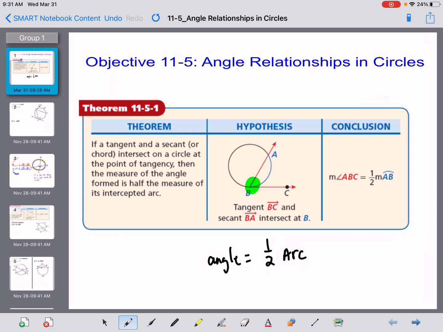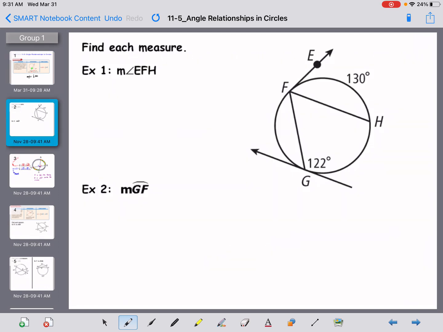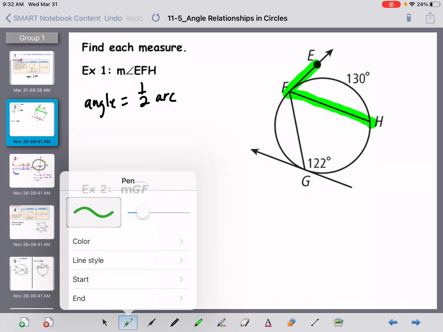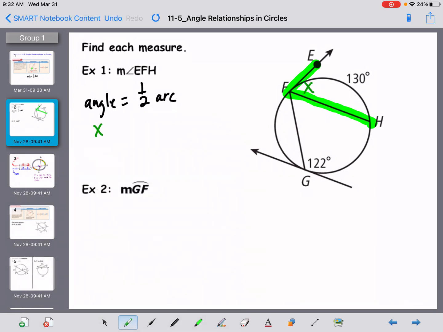All right, so how would these work? Well, I'm looking for the angle EFH. So EFH angle equals half of the arc. That's where my X would go. X equals 1/2 of the arc. The arc is 130 degrees. So half of 130 degrees